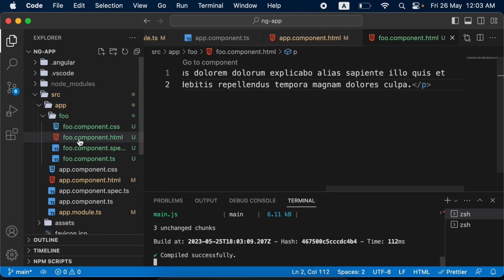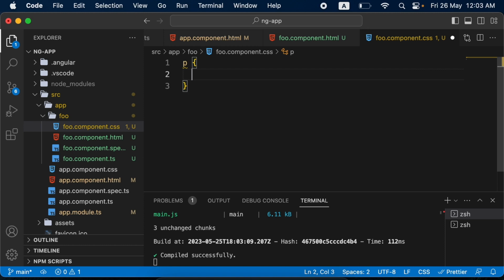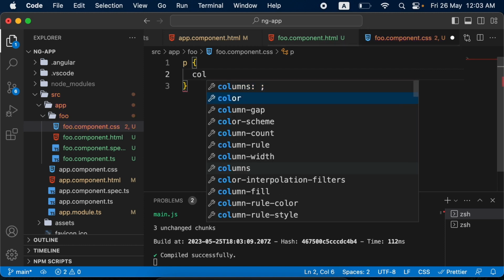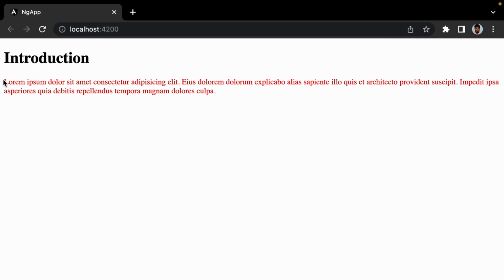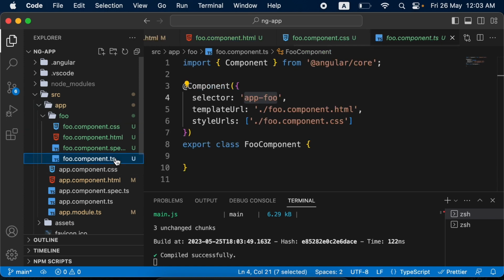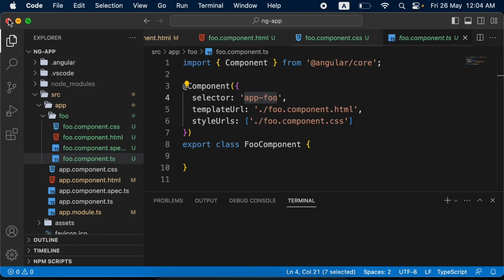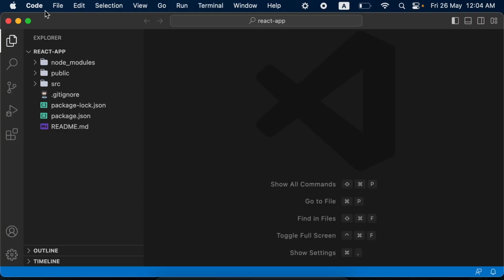So if you want to make any style changes, you can write code here. Let's say we want to change our paragraph style. We want to assign red color to its text. You can see our paragraph color has been changed, and we will add JavaScript functionalities to the component in our later videos. So let's now close the Angular project and let's open our React project, and we will create our